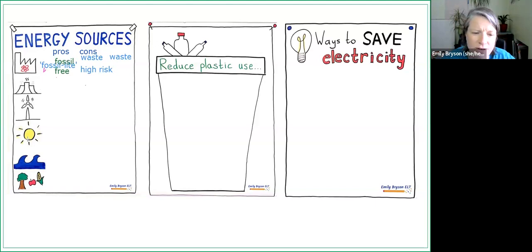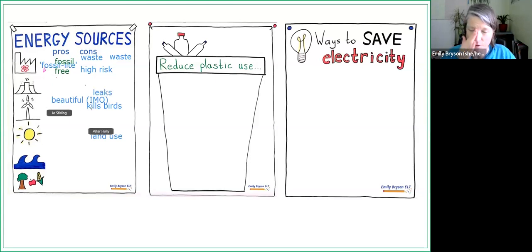And then you can get language out of it, like, for example, one disadvantage is, one negative issue, one negative aspect of solar is, for example, in Scotland, there's not much sun. Okay. Oh, it kills birds. Of course, I hadn't thought of that. Yeah. The wildlife impact of tidal, yeah. There doesn't seem to be one entirely perfect solution, does there? Yes, exactly,